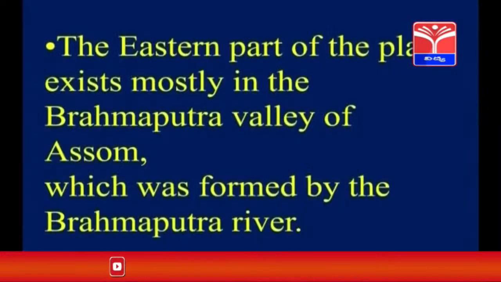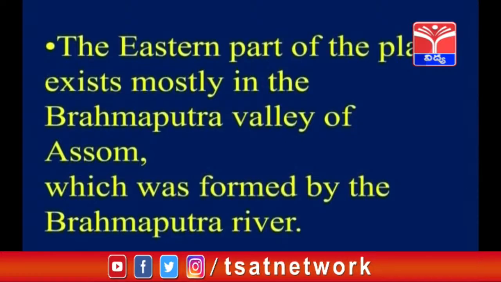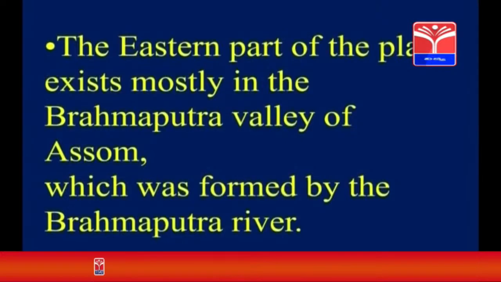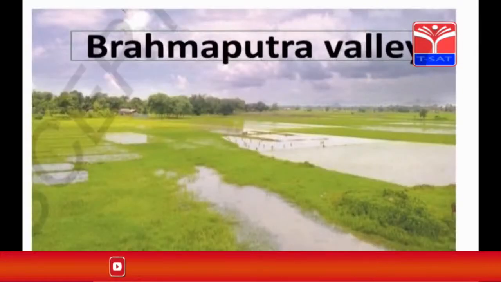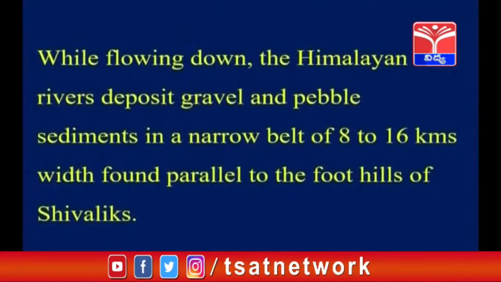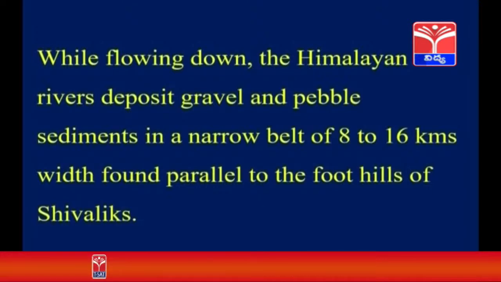The eastern part of the plain exists mostly in the Brahmaputra valley of Assam, which was formed by the river Brahmaputra. This is the Brahmaputra region towards the northeastern part. This is the Brahmaputra valley. While flowing down, the Himalayan rivers deposit gravel and pebble sediment in a narrow belt 8 to 16